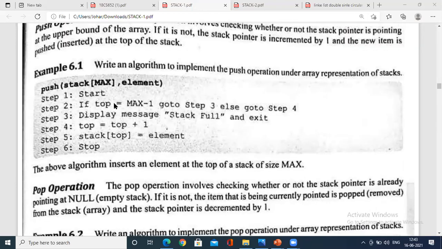Start, then first validate whether the value of top equals max -1. If yes, you say stack full, else you insert the element into the stack of top. Then stop.